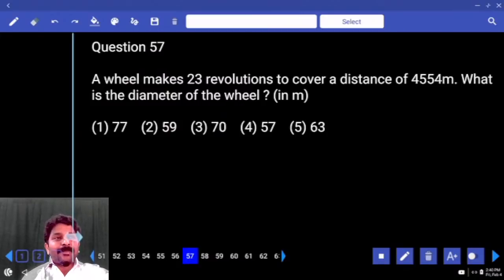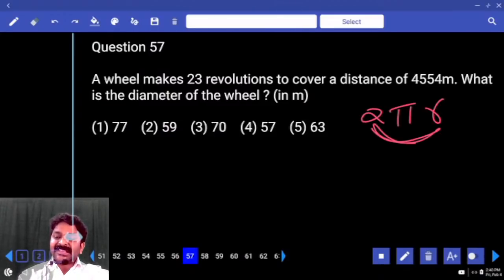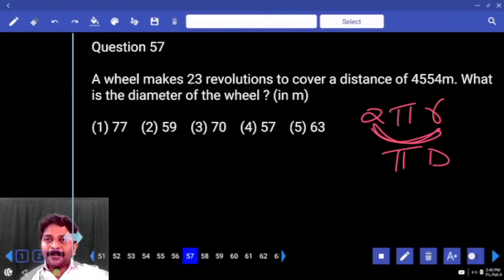2πr. πd. 2πr. 2r in the sense diameter only, right? So we can also treat it as pi into d also, because we were asked to calculate